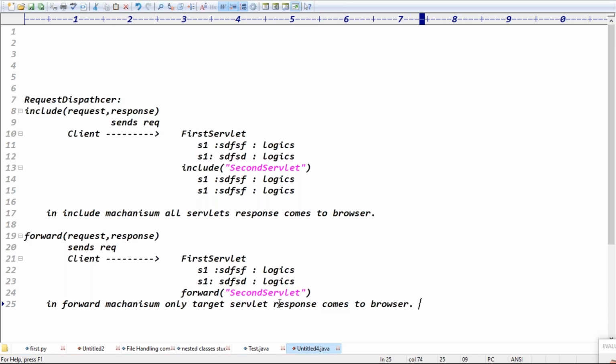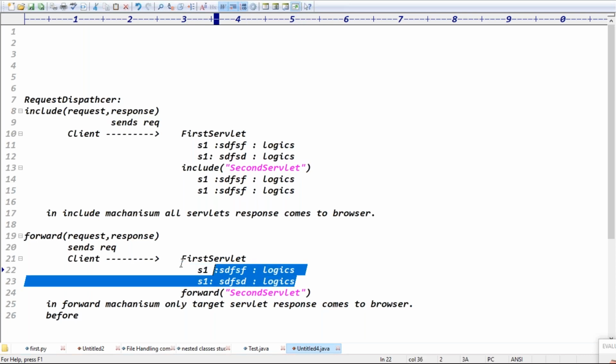Exactly. In forward mechanism, if you add any data before forwarding, that response is refreshed. So while you decide to use a forward mechanism, you check the if condition, then forward it directly.